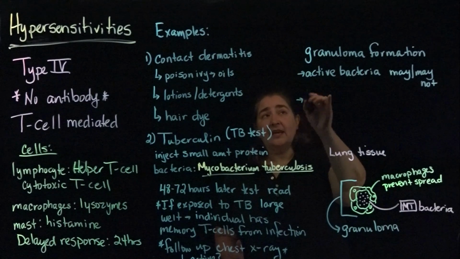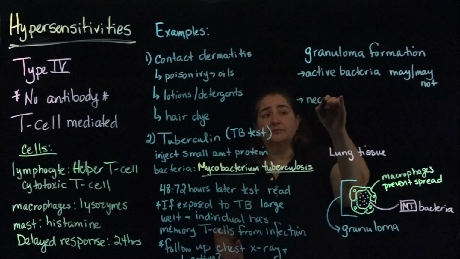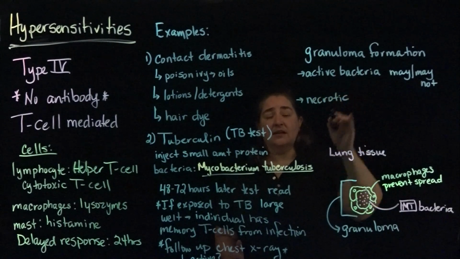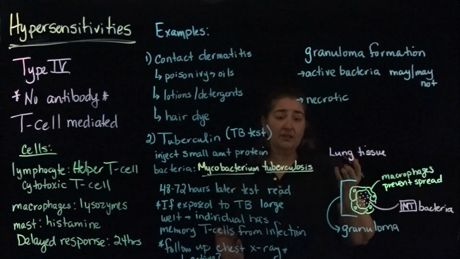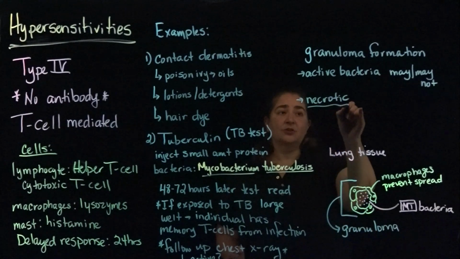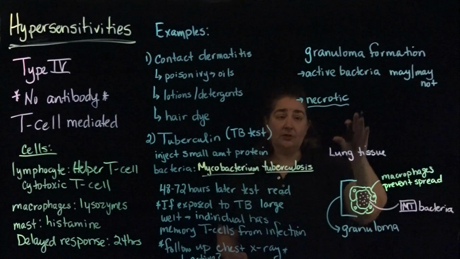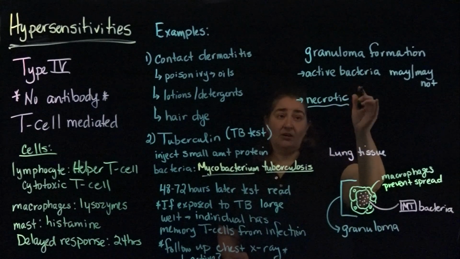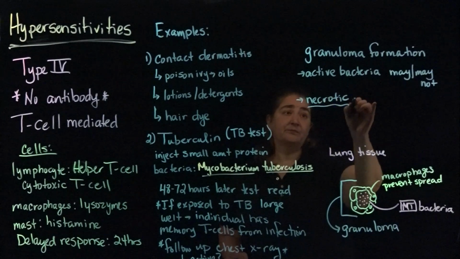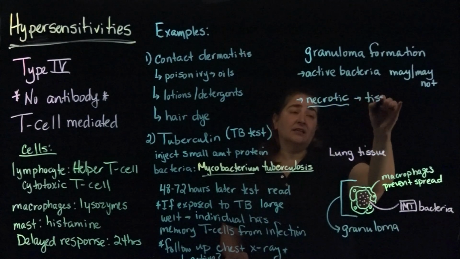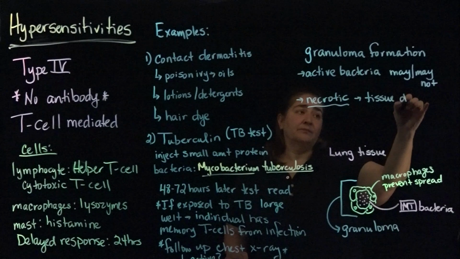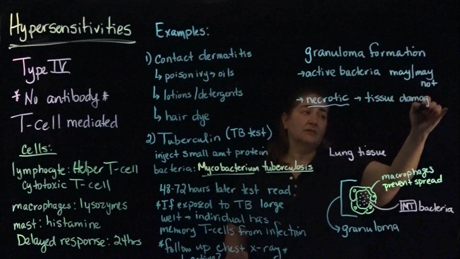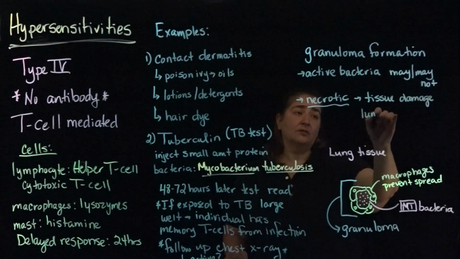The other thing that can happen with a granuloma is that granuloma can become necrotic, all right? That should be a term that you remember from a previous video. Remember, you've got cells that are damaged and then are dying off and breaking open. And it can cause tissue damage within the lung,